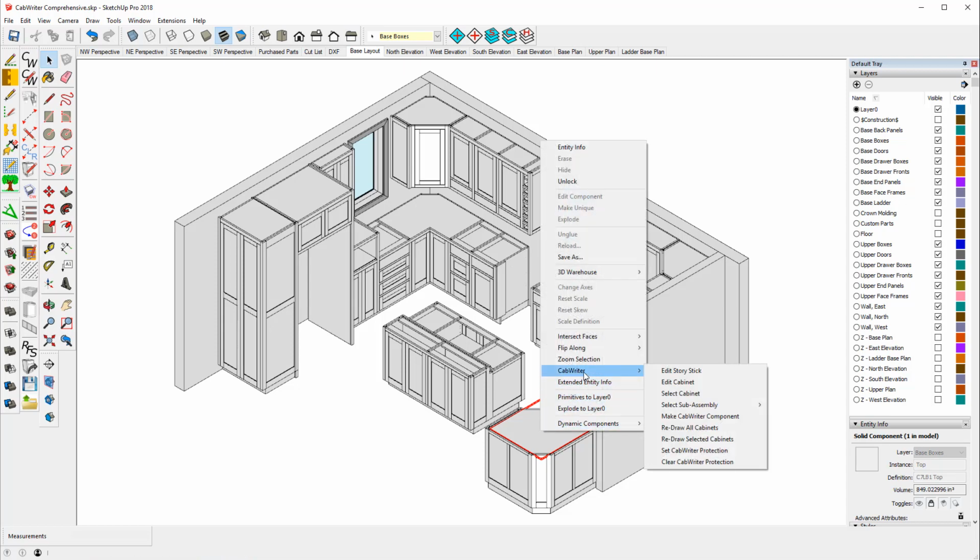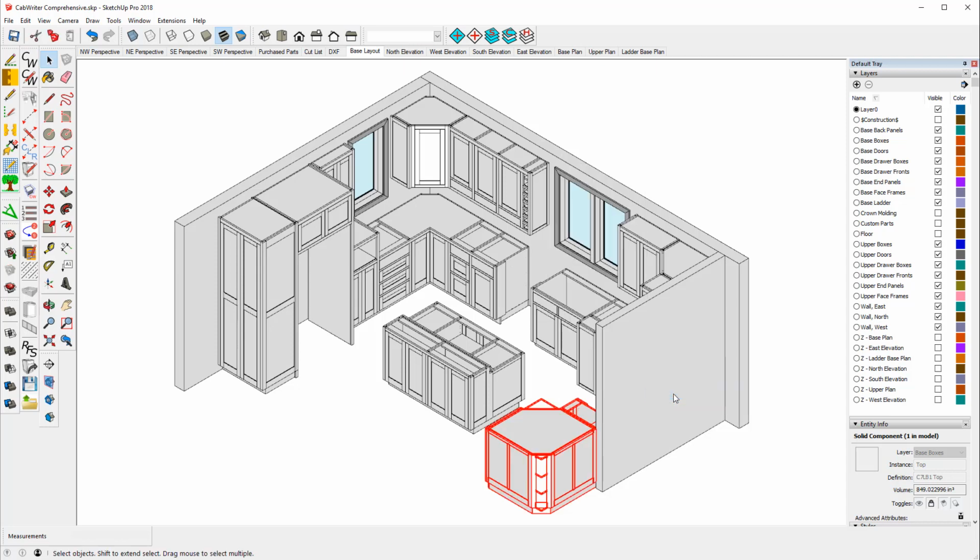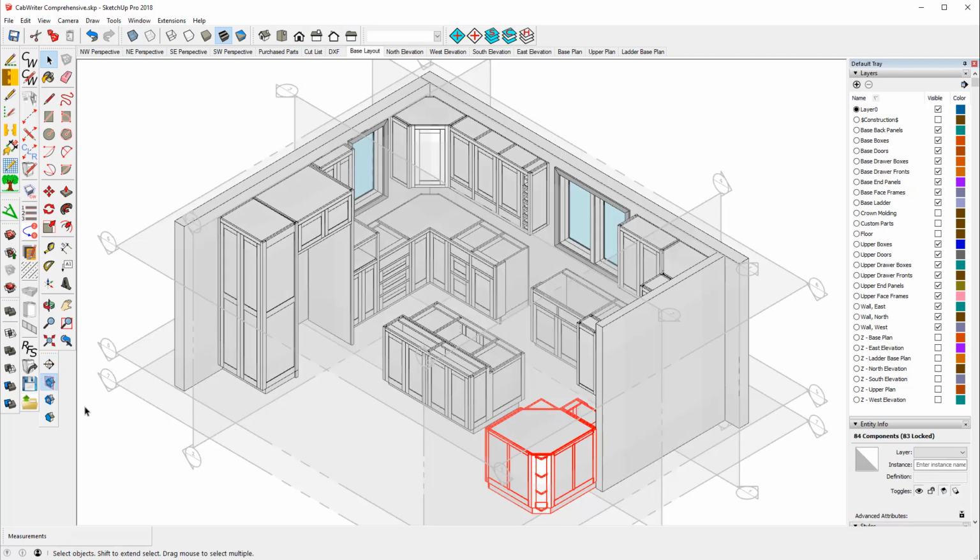So what I'll do is I'll say CabWriter, select cabinet, and I'm going to go to my active cuts. I'm going to use the same active cut for this cabinet that I used in the base plan. So I'm going to use the control key with the select tool to add a plus sign to the cursor, and then select that